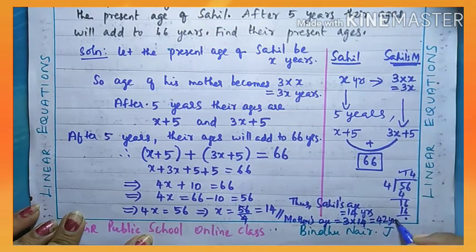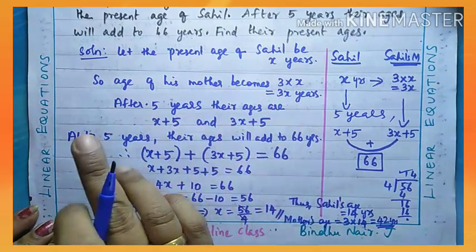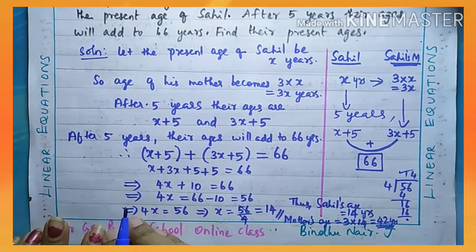42. Okay. So just write in your notebook neatly. I have no space here, so that I written here. You just write below the conclusion. So Sahil's age we got 14 years and mother's age we got 42 years. Okay, understood? So once again you want to read the question properly and write the calculations very carefully. Okay children, so that is our third answer. Okay, now next problem.